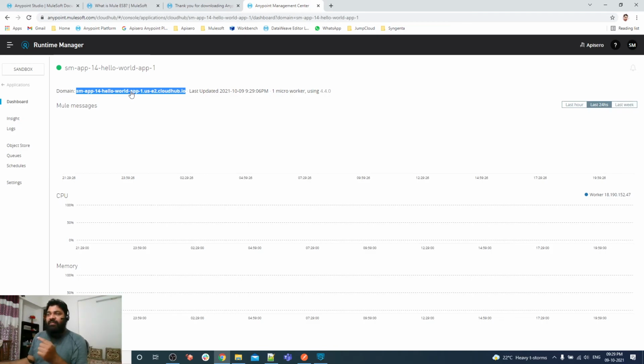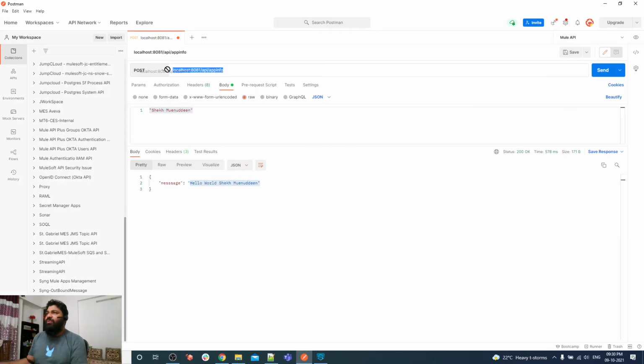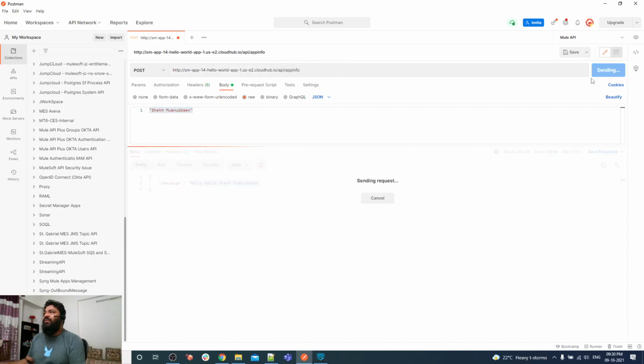And as we have deployed our application on 8081, it means we have to access our application on HTTP, not HTTPS. There are some things I will cover in an advanced video, but this is a Hello World application, that's why I have explained it this way. So let me copy this load balancer URL. HTTP, yes, because I deployed my application on 8081, and the host is the load balancer. We can see the URL of the load balancer, and the rest of the thing will be as it is. Let me click on the send button, and as you can see, we have got a response.